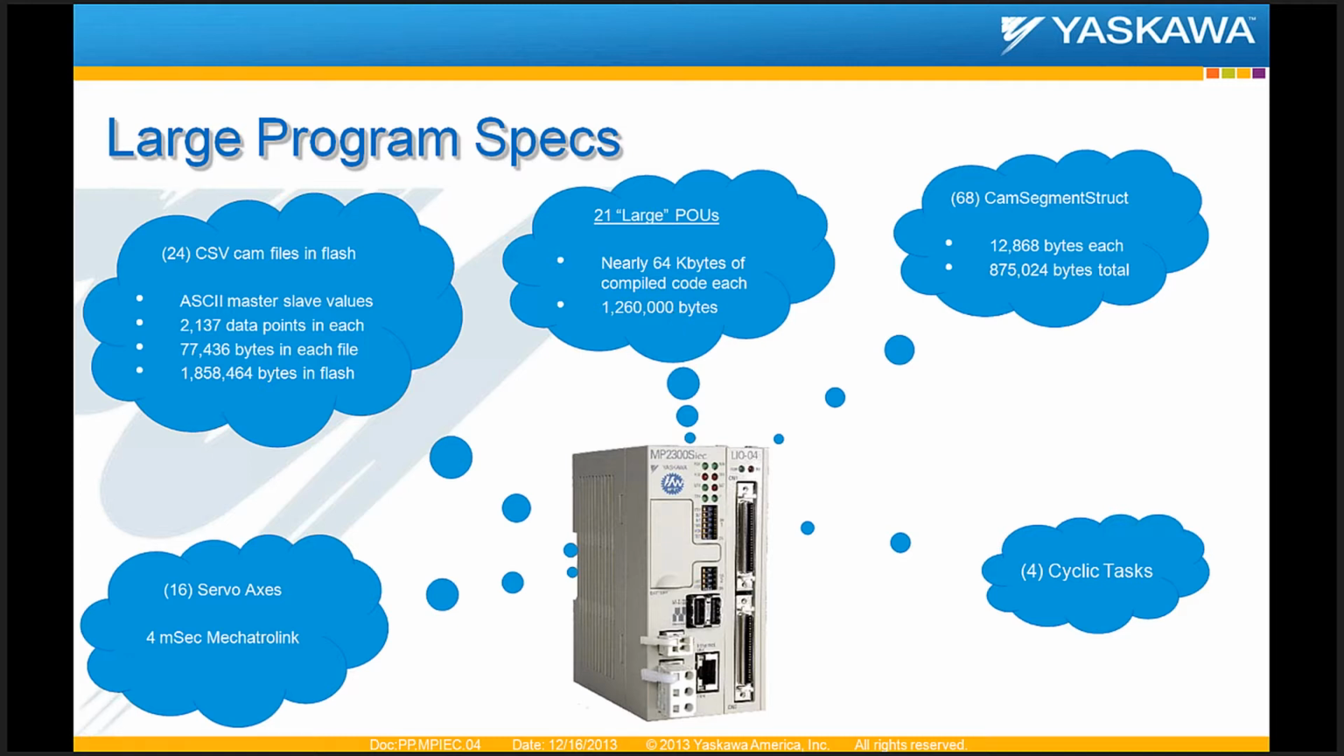Also in the IEC application code, there are 68 of these cam segment structs defined as global variables. And if you do some math on the data type definition, which includes the arrays of L-reals and other things, I calculated that each of these user-defined data types is almost 13,000 bytes to hold that cam. So if you do the math on these numbers, that's nearly a megabyte of variable space just for these